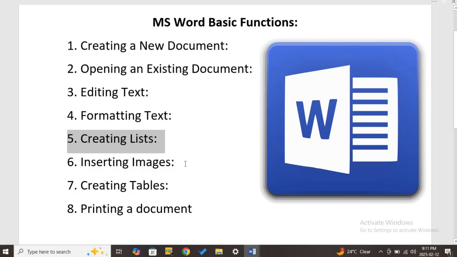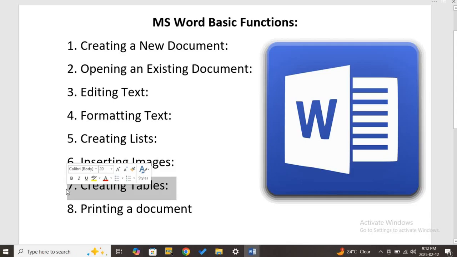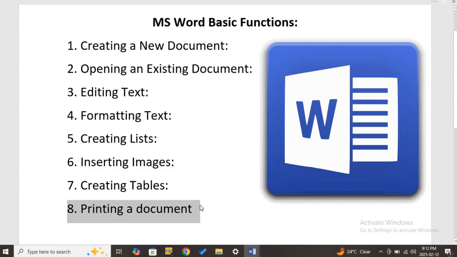And then we'll be focusing additionally on inserting images, how to insert images, and all the steps that you are required to undertake in order for you to insert an image. We'll also be focusing on creating tables. In creating tables, we want to understand the steps that you are required to take in order to be able to create a table. And finally, we'll be focusing on this last stage, which is printing a document. So we're going to be looking at all these steps,